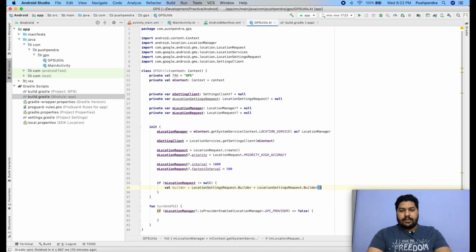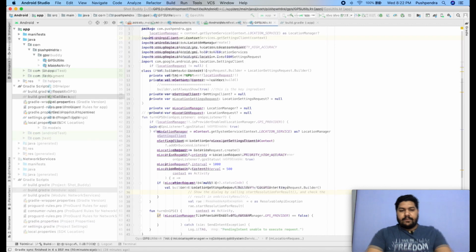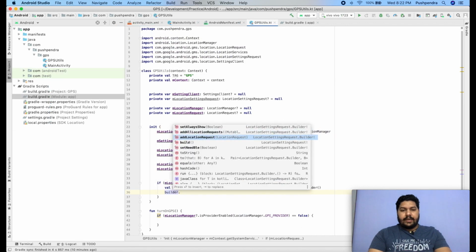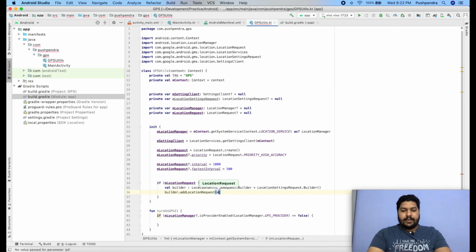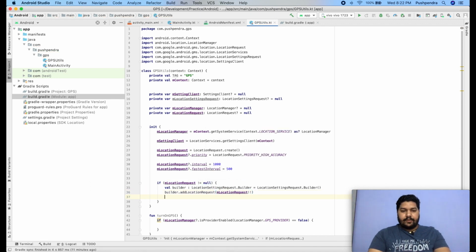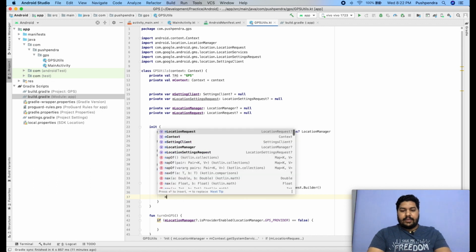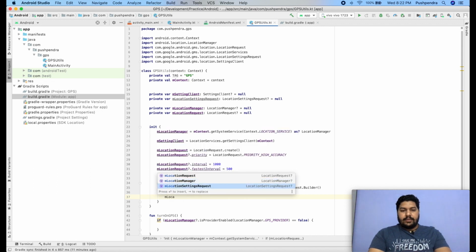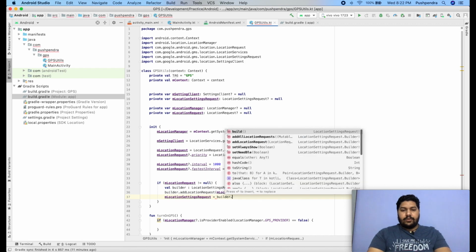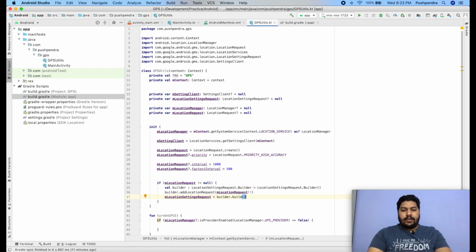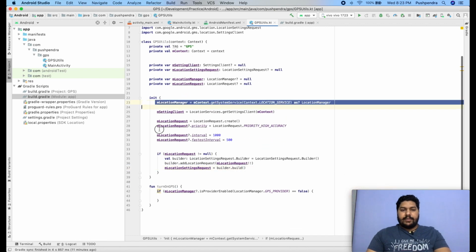Here it is. Now I will set the property on our builder: dot add location request. Here I will pass m location request, and this is mandatory. Okay, now finally I will create m location settings request, and here builder dot build. Now finally you are done with all the basic configuration.